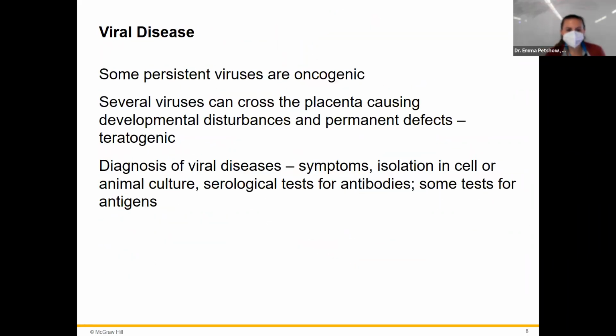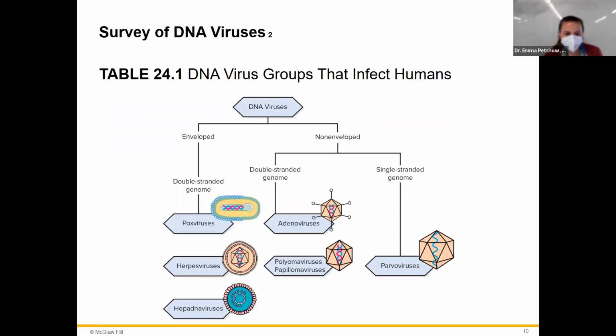The other piece of the puzzle here that I think is helpful is this categorization. So if you know their clinical locations, right? Learn those first: virus, clinical location, and condition. Then if you are feeling so excited, think about enveloped versus non, and then double-stranded versus single-stranded genome, okay? These would be secondary study goals, though. These are not primary study goals. Primary study goals are virus and condition or virus and location. Then enveloped and non-enveloped or double-stranded and single-stranded would be your 2 other clinical components that'd be important for viruses,